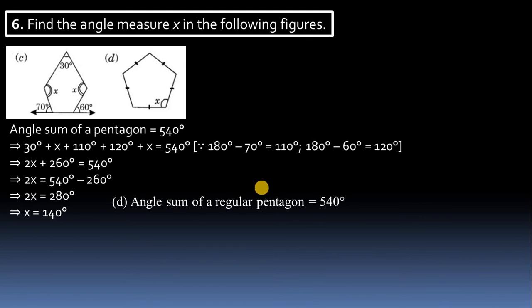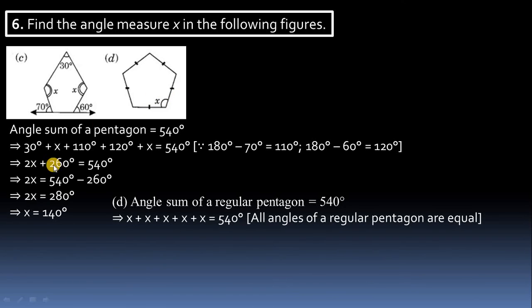So according to the angle sum of a regular pentagon, it is 540. So here this angle is x, okay, and this D is a regular pentagon, their sides are the same. According to that, the angles of a regular pentagon are equal, because this is not a simple pentagon. Here it was a simple pentagon, this is a regular pentagon. Regular means their angles should be the same. So the sum of the angles is 540. So you can easily calculate the x value, it is 108.